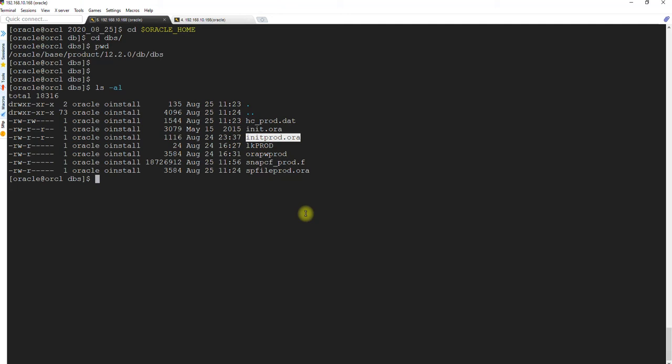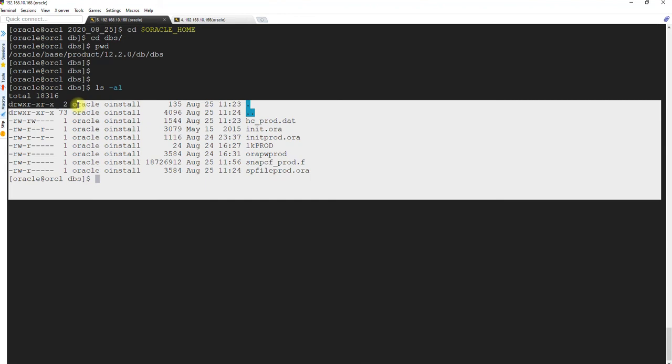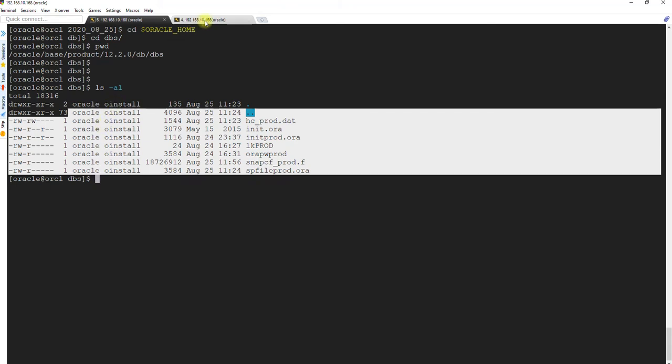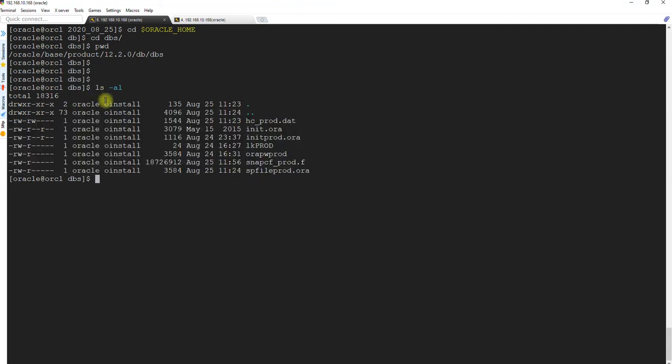If it does not find that particular location, because the current location is primary and we are going to restore on secondary, if we don't find the directory structure same as whatever is here, then it will throw the error. There are different parameters. If your directory structure is different from primary and you want to change it, there are ways to do it. I will do it in a moment, but that is the whole story. So let's check the P file for the production, that is the primary server.